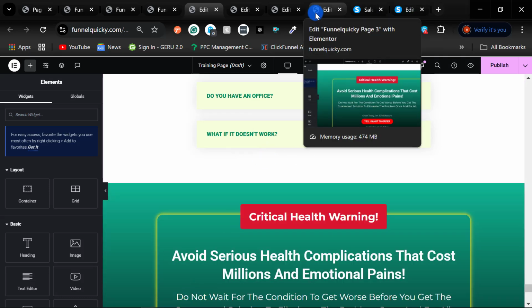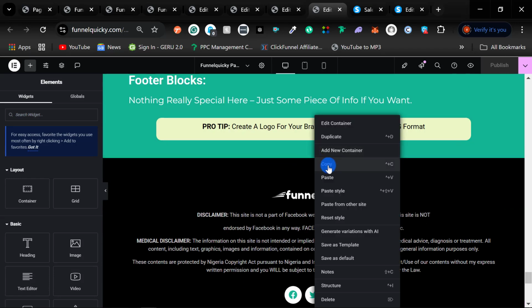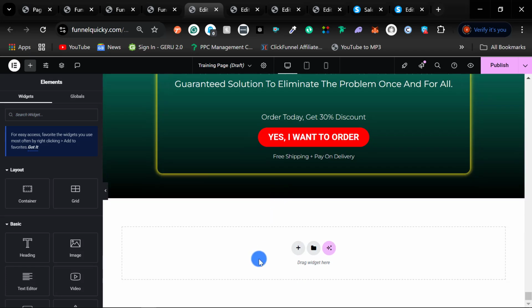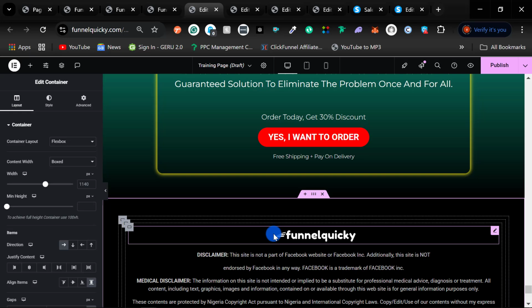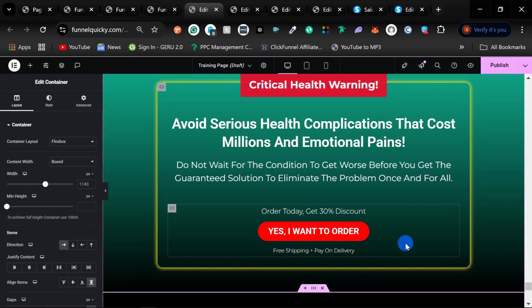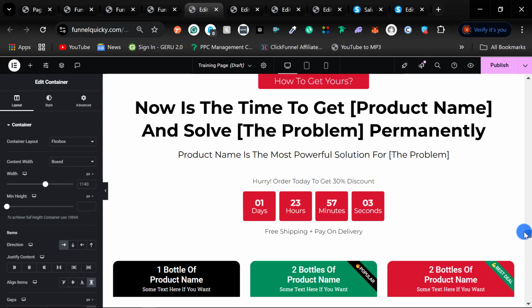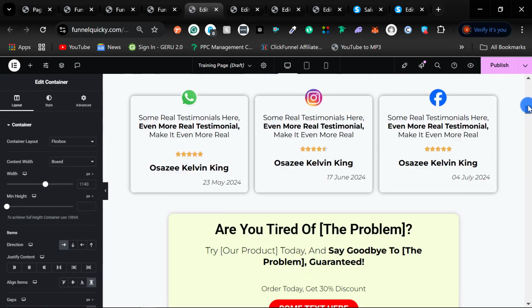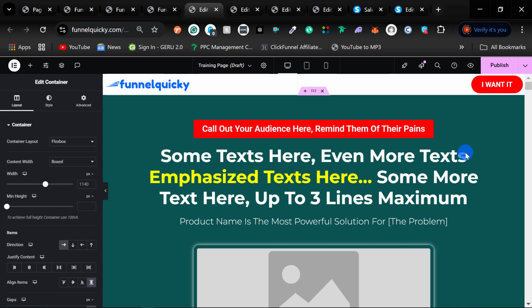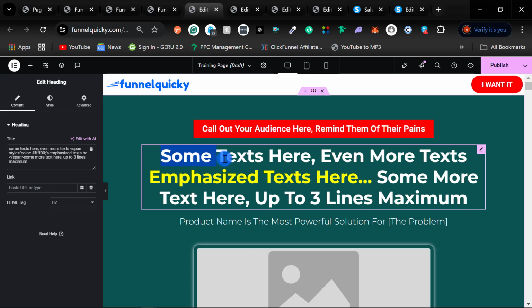Then the last section is the footer section. Guys, so copy and paste, copy and paste. Now guess what? My sales page is done. Now all I need to do is to just dedicate maybe an hour to replace everything, replace the text with my own text. Say for instance I want to replace this text, I can just come here, I like this one, I'll say